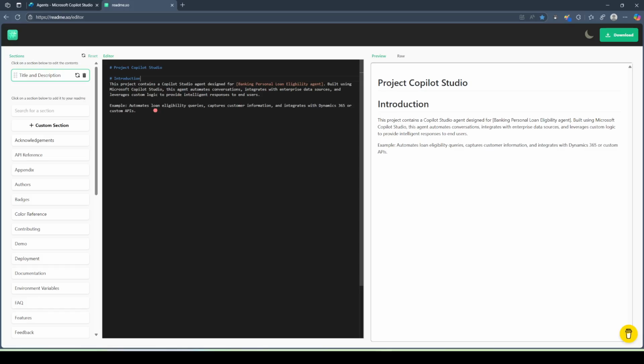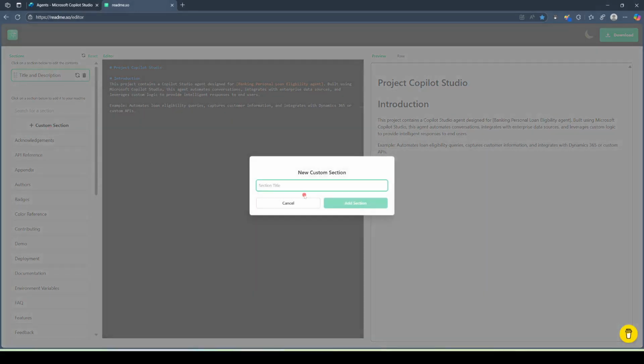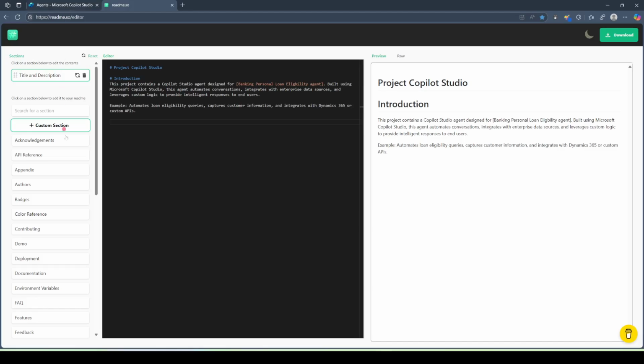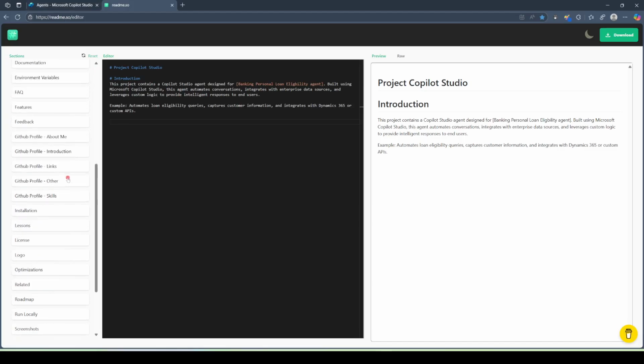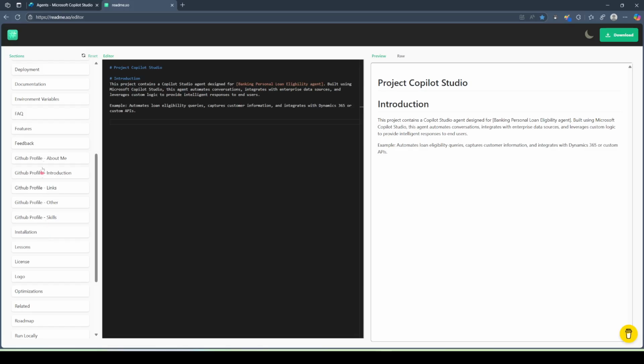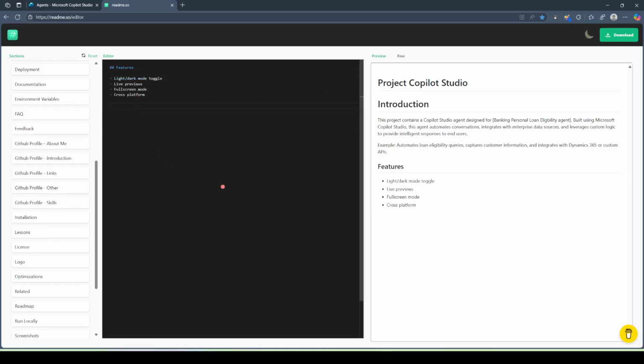Okay. Then the next one is you can create your own custom section, and the custom section title this time is Features. Before you create it, readme.so has given you some predefined sections. There is something called Features. Yep, you can see the Features, it is automatically added here. If you go to the top,